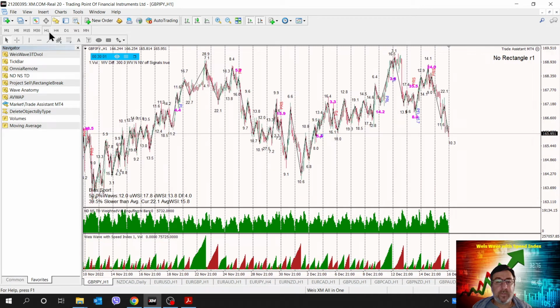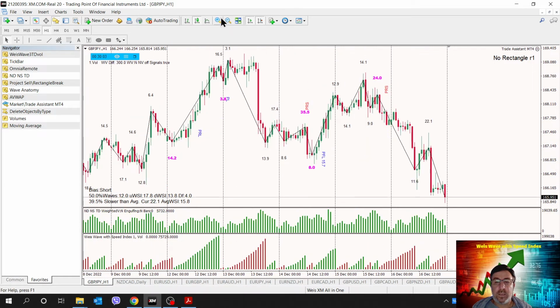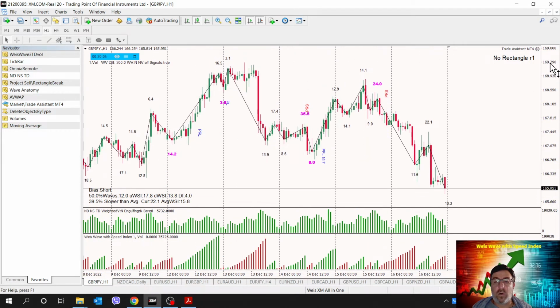So that's why I have created an auto waves algorithm with a sensitivity setting to be able to automatically adjust the wave swings when you switch time frames.